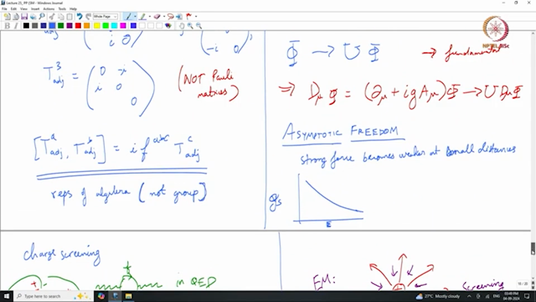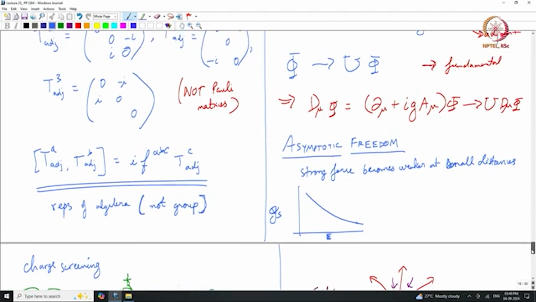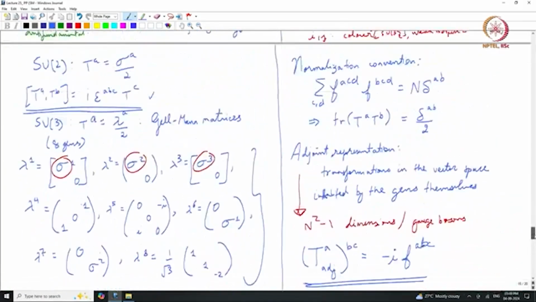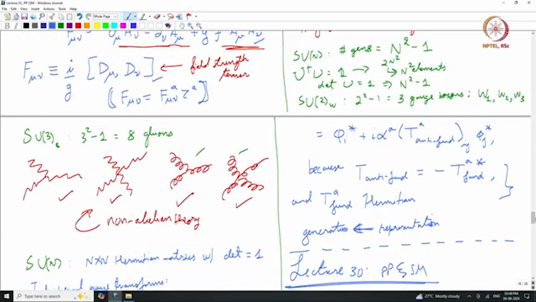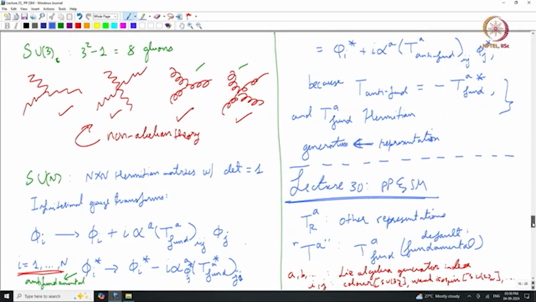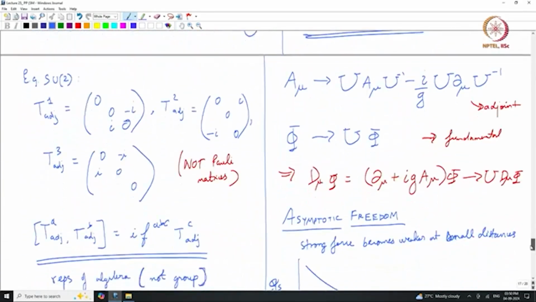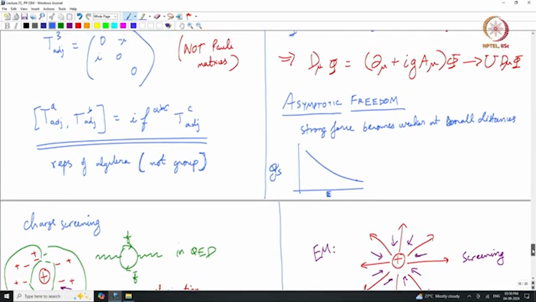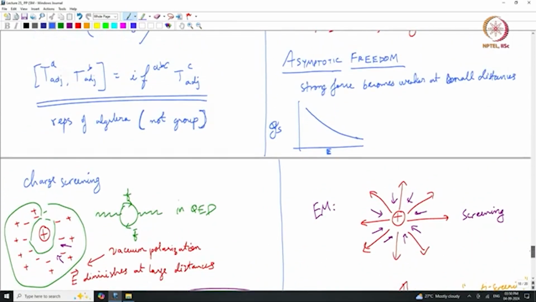We also saw one consequence of having this entire non-abelian structure, which is that the first step of that consequence is you get vertices like these, 3 gluon and 4 gluon vertices, or 3W and 4W boson vertices, and from there we saw where asymptotic freedom came from, in an intuitive way. The actual calculation involves a lot more field theory, but at least in an intuitive cartoon way we can understand where asymptotic freedom comes from,